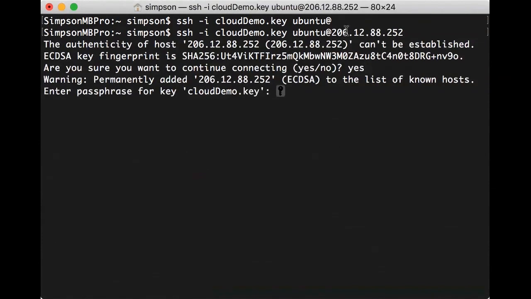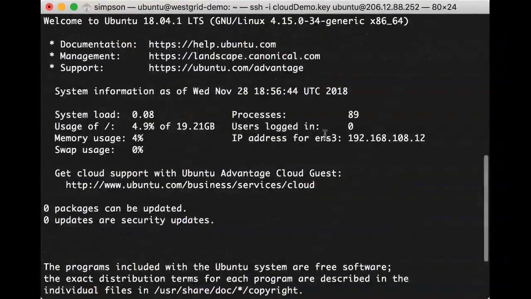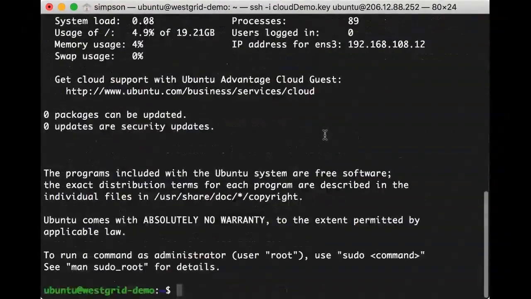It's now asking for the passphrase that I created with my key, so people couldn't just steal it. I put in that passphrase. We see a whole lot of information about the system fly across the screen, and we now have this green prompt, ubuntu at WestGrid demo. Again, there's the name of the system that I created, and we're logged into the virtual machine.